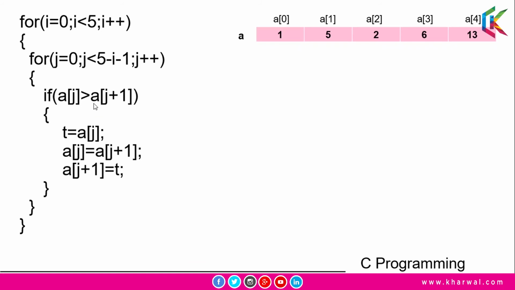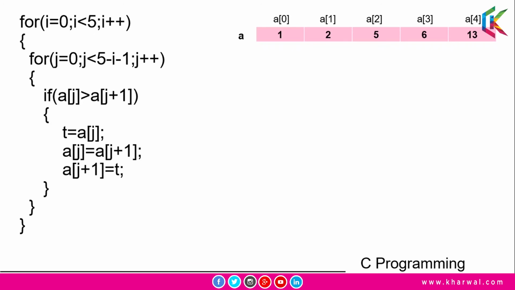So here a of 1 is greater than a of 2, and this condition is true because 5 is at index 1 and 2 is at index 2. So these values will be swapped, and after swapping, the elements of array A will be like this. And after that, j plus plus will be executed. So the value of j will be 2 and 2 less than 2. Now this condition is false, and control will come out from this for loop of j, and i plus plus will be executed. So the value of i will be 3 and 3 less than 5, and this condition is